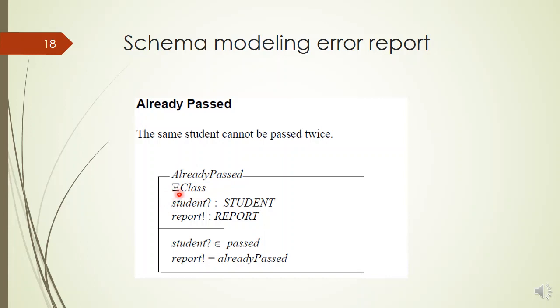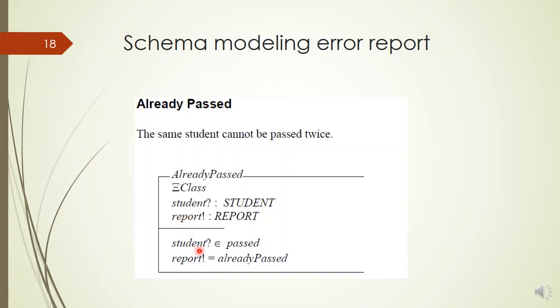Therefore the psi decoration would appear in the schema, and we need to declare the input variable as an element variable and the output variable as a free type variable to respond to the error scenario.